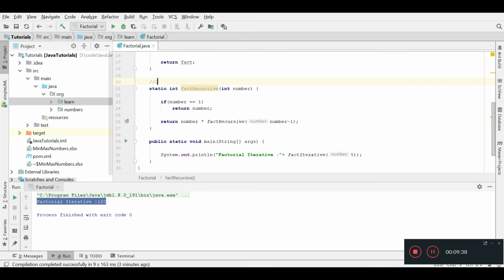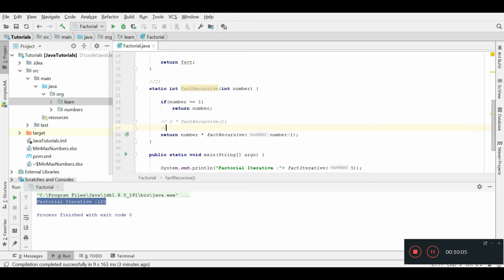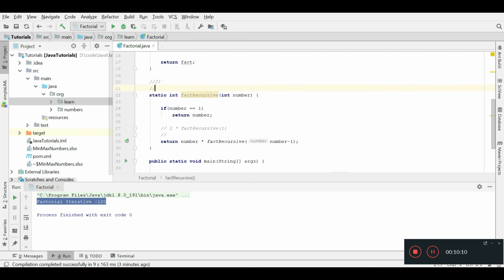Let's do a dry run here and calculate 2 factorial. The number would be 2, so it will come here. Number equal to 1 is not the case, so it will come to the next line. 2 is the input, so 2 into fact recursive of 2 minus 1, which is 1. It will call this method again, and that time the input would be 1.